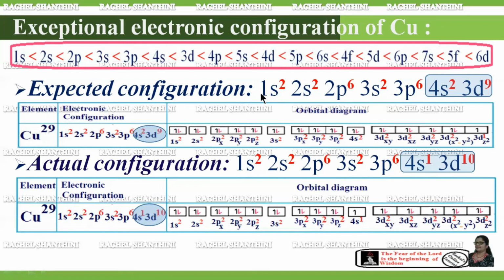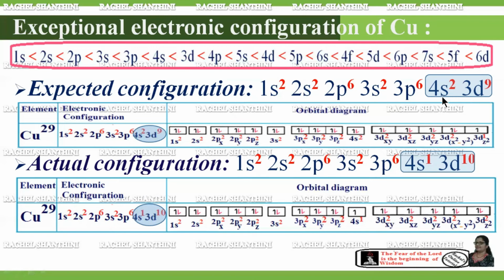So 29 minus 20, how many remaining electrons are there? 9 electrons. So these 9 electrons will occupy the 3d orbital. This is the expected electronic configuration of copper, right? To draw the orbital diagram for this configuration, starting from 1s up to 4s, as usual, we need to draw